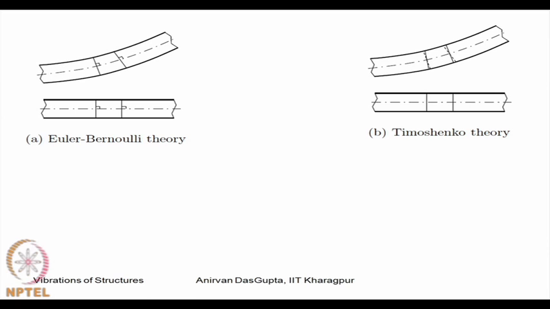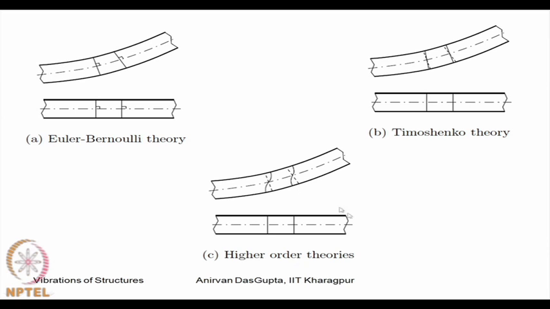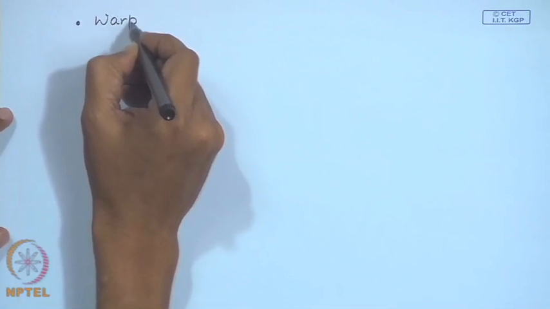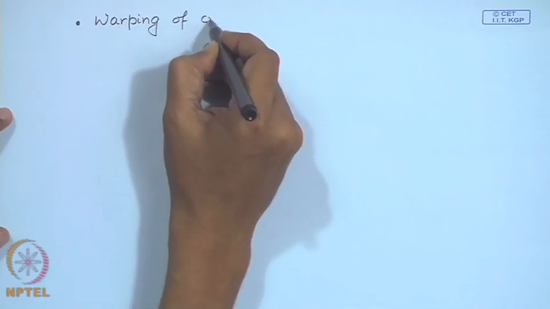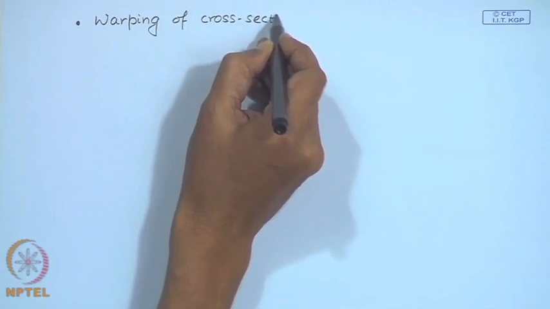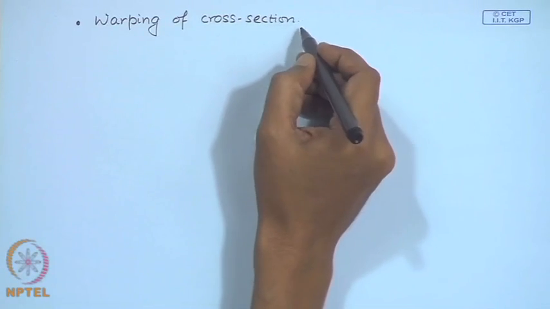Now, you can then think of higher order theories in which plane section need not at all remain plane. So, there is warping of the cross section. So, if you want to have higher order theories for the deflection of beams or vibration of beams, then you have to relax this flatness condition of the cross section. So, we introduce the warping of cross section. So, to do that,